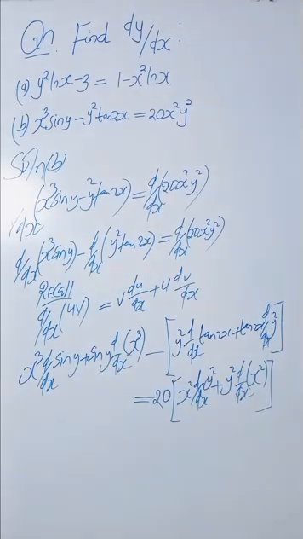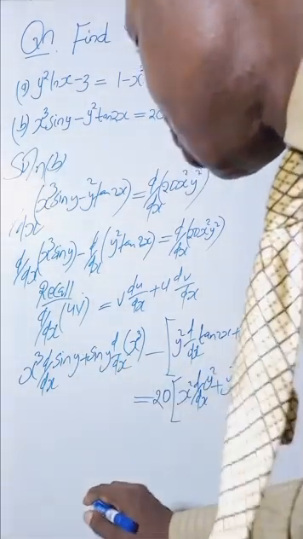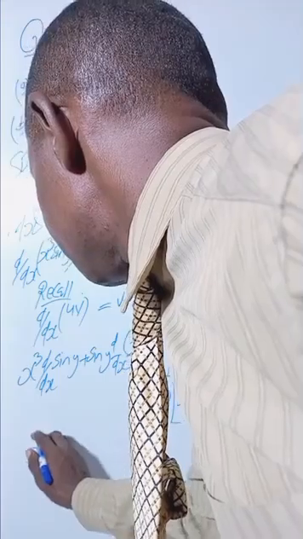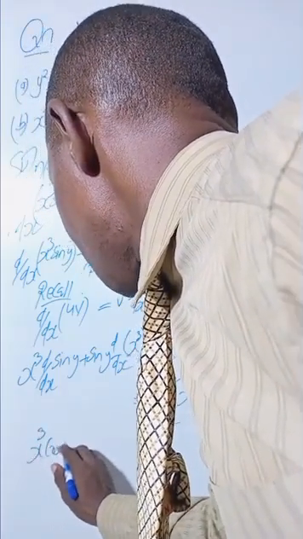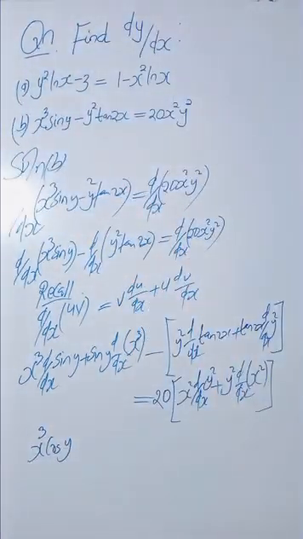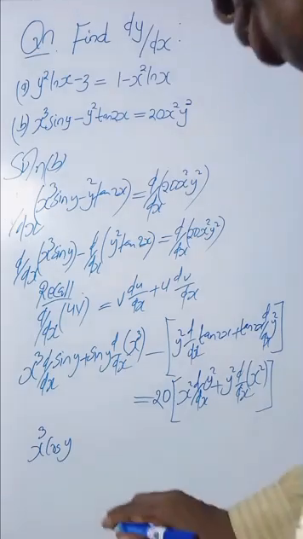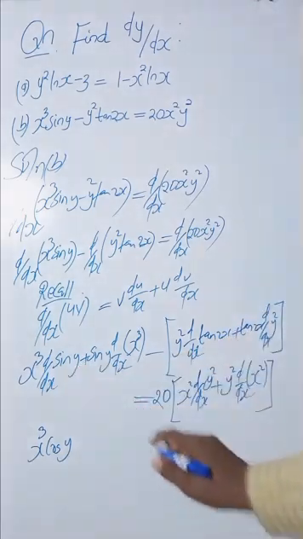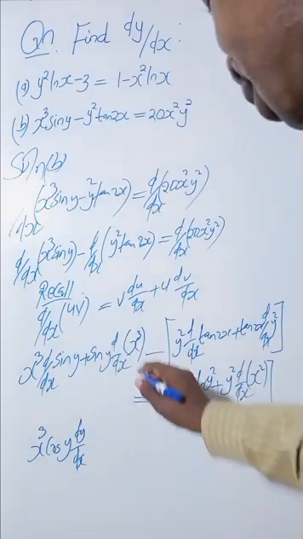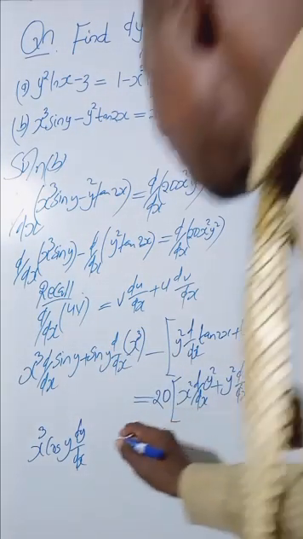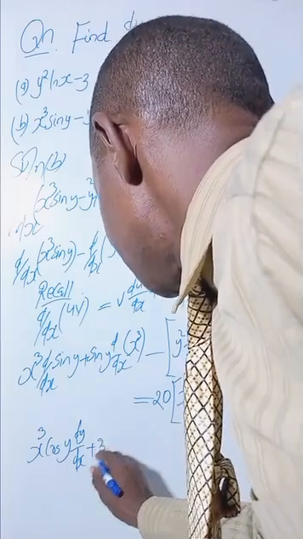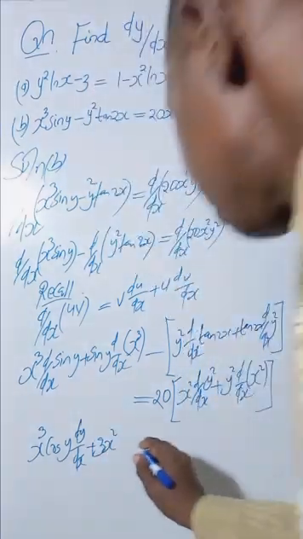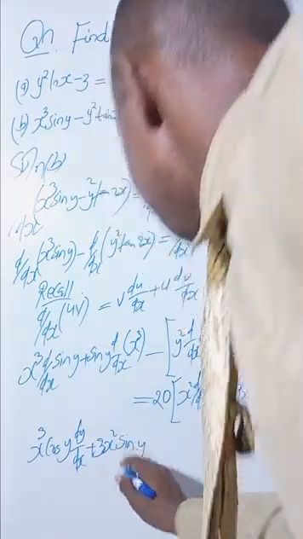So let's start with the first term here. Differentiating sine gives us cos. So we shall have x cubed, then cos y. Since we're differentiating with respect to x, it will be cos y dy/dx. Then here, differentiating x cubed gives us 3x squared, then sine y